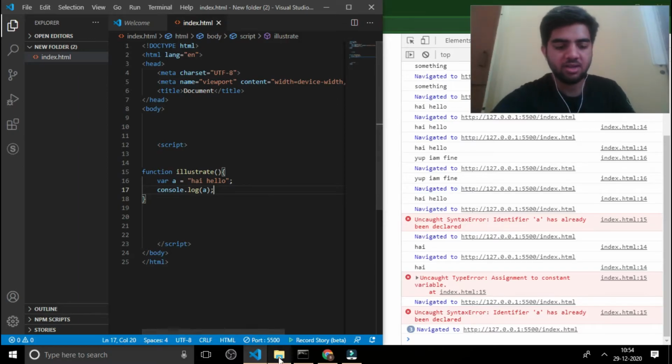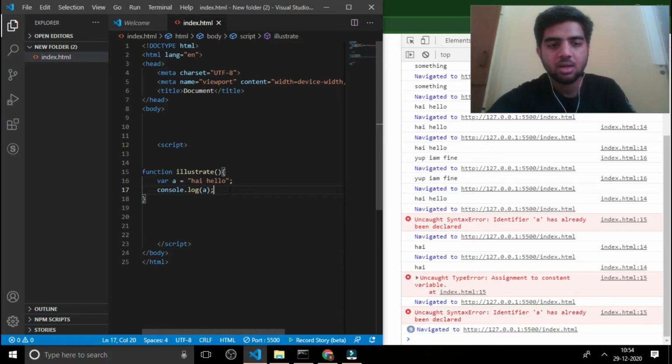When I save this, you can see that there is no error generated. Perhaps it is giving a message that it navigated to index.html. Every time I save, an increment is happening here.